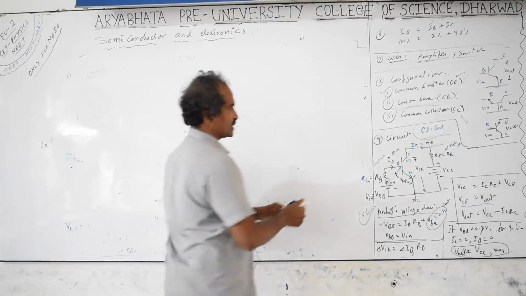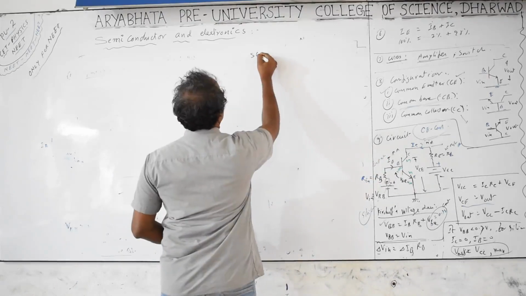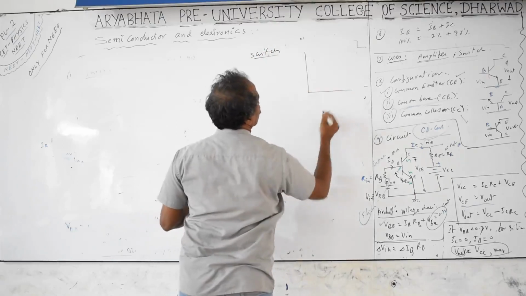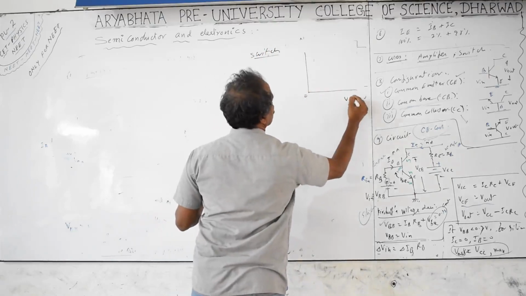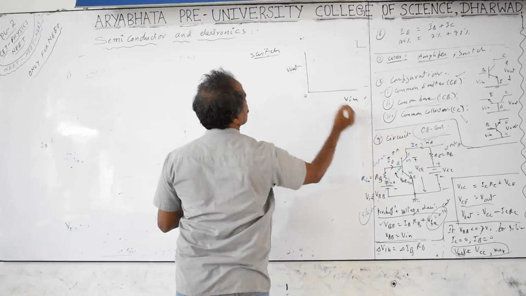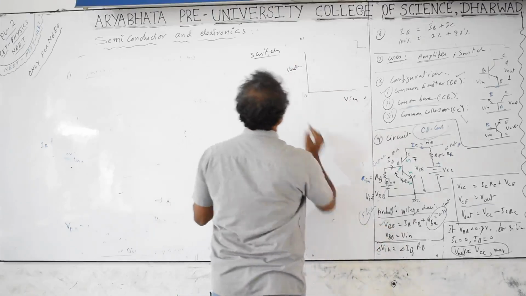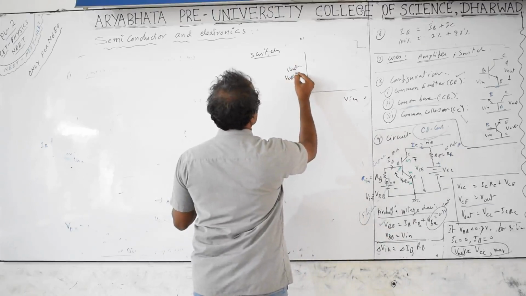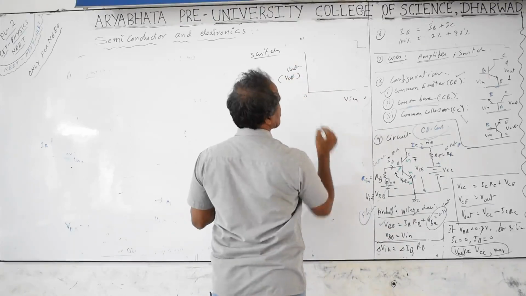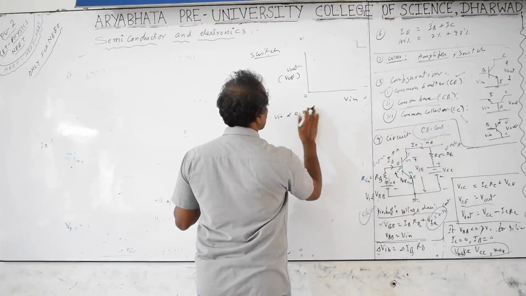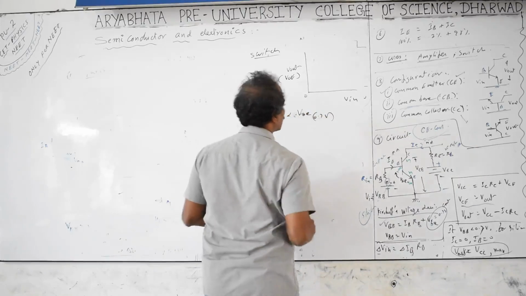This part I am discussing is related to the switch. In the case of the switch, we plot the graph like this. This is the input voltage, this is the output voltage. Input is nothing but VBB plus Vin. This output voltage is nothing but VC only. Whenever the input voltage is less than 0.7 volts, meaning VBE 0.7 volts for silicon or 0.3 volts for germanium,